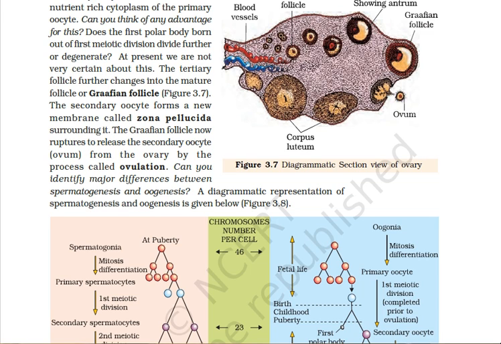At the time of ovulation, the secondary oocyte is released into the follicular fluid, and finally the Graafian follicle ruptures, releasing the ovum. So I would like to repeat for you, the Graafian follicle contains a theca externa, theca interna, and a large space called the antrum, which contains a fluid. Actually, it is a fluid cavity. I have already mentioned this to you.